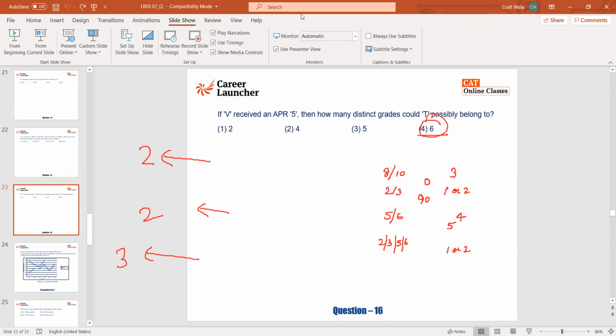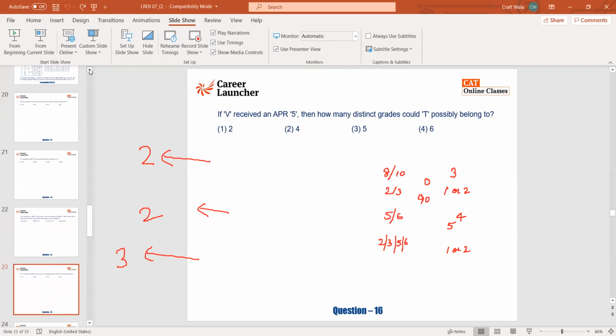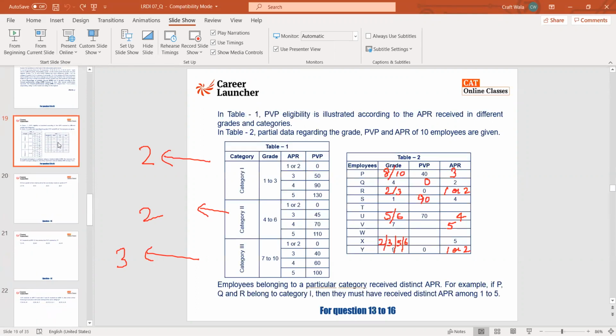So T can have which all grades? So let's come back to our sheet. If I give a 5 for V here,